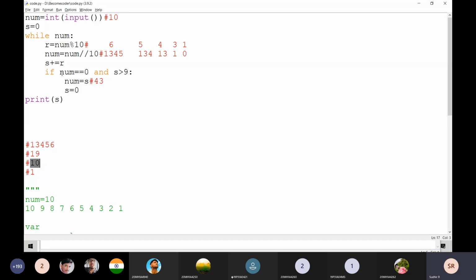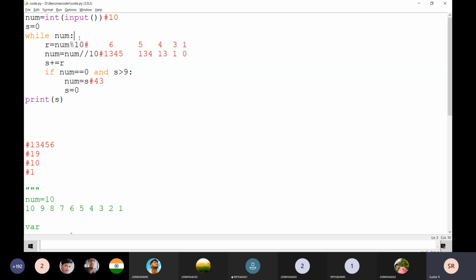That's why num equal to 0 means I am going to add all the digits, and then I check that if it is true, then if the sum is greater than 9, I have to modify the num value with the result, the sum of the digits. I have to place it in num again, and I have to reset the S value to 0 again.